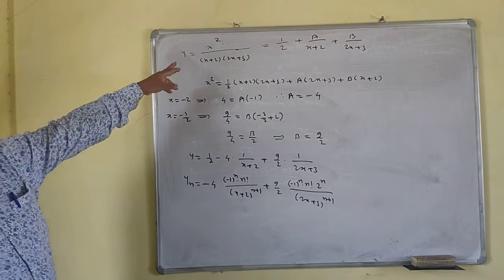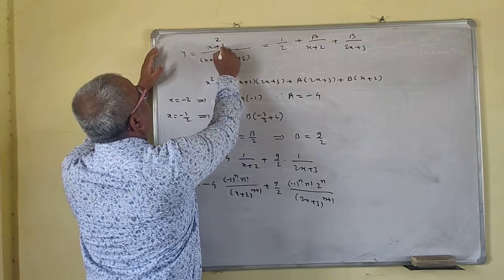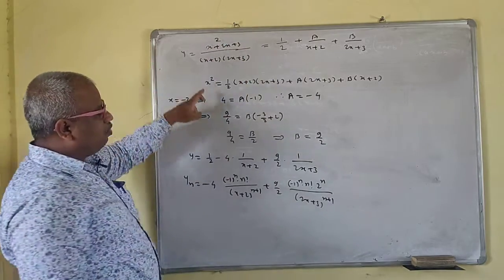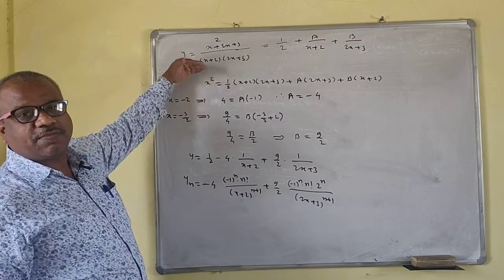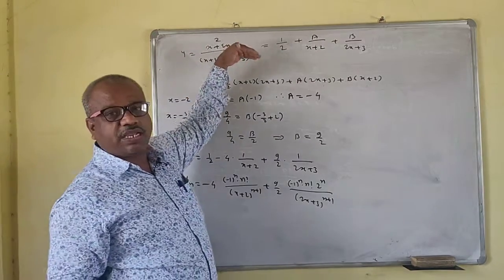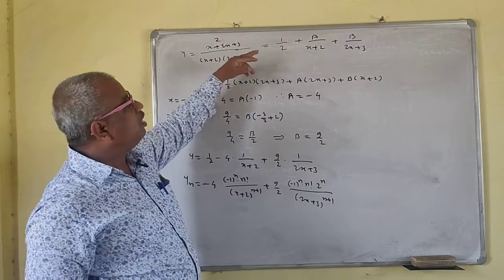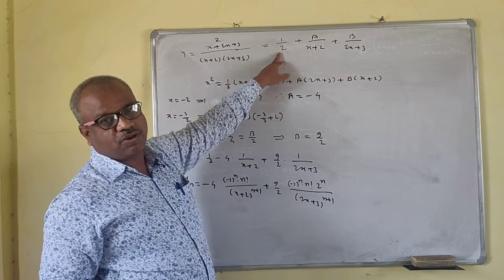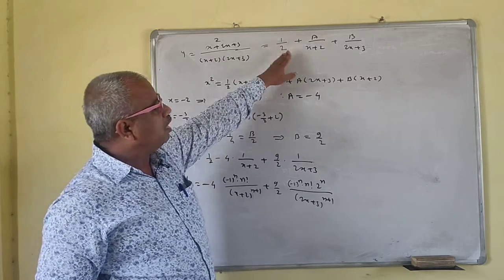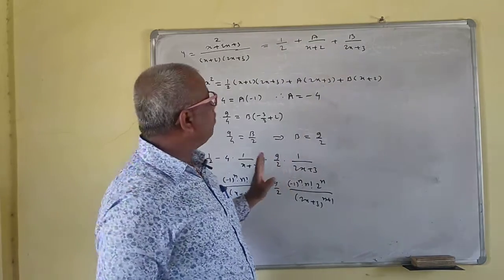Okay. So I hope that you can do this. Suppose x square plus twice x plus 3 is there. Then same thing here, only this will be the change. So degree of the numerator is same as the degree of the denominator. If the degree of the numerator is same as the degree of the denominator, just you have to write the coefficient of x square from the numerator upon the coefficient of x square from the denominator. This is your first term. Then a upon first factor plus b upon the second factor.